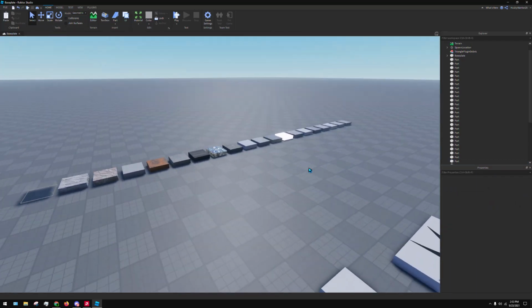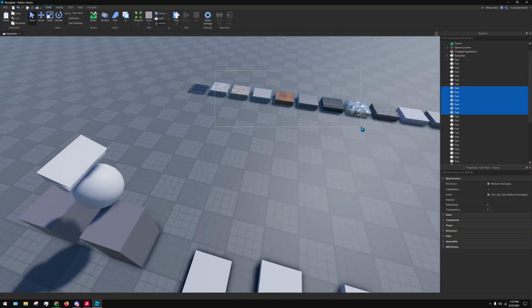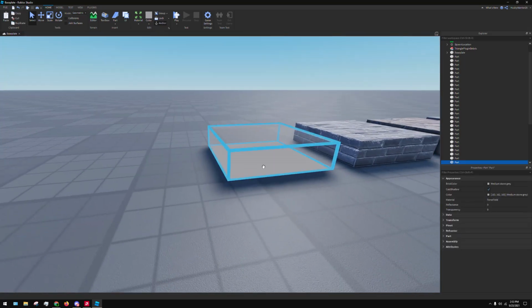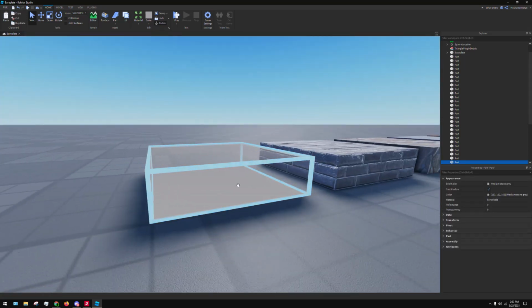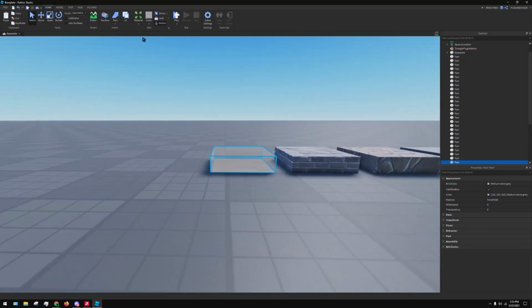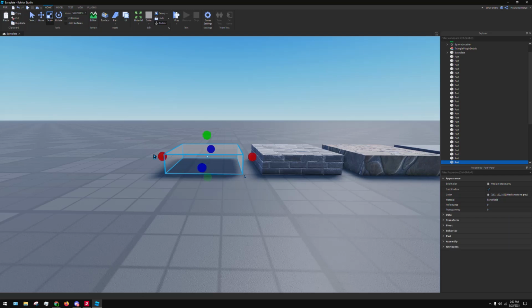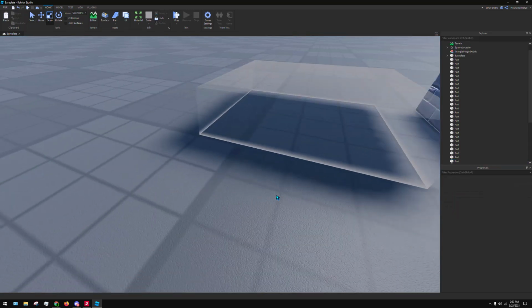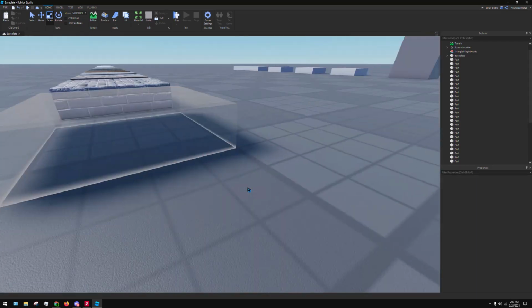There we go. Okay, so one thing to know about force field, it likes to Z-fight. Z-fighting is this glitching effect that you see here. It likes to Z-fight with the ground. So if you have it up against something, always move it out a little bit more, and then bam, it's